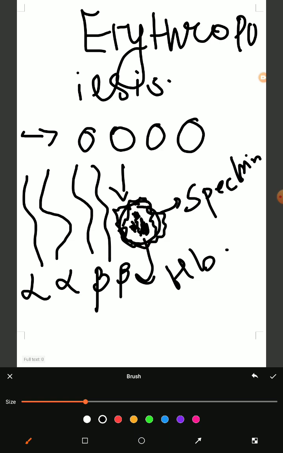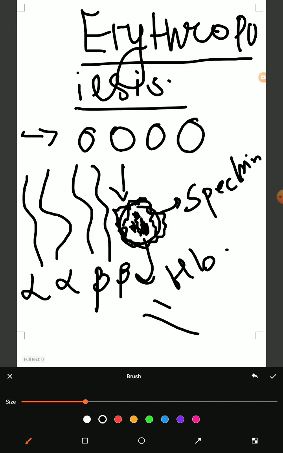Though there are some dissimilarities or changes between the fetal hemoglobin and the adult hemoglobin. So this hemoglobin molecule is going to be synthesized during the process of erythropoiesis, and this process takes place in the